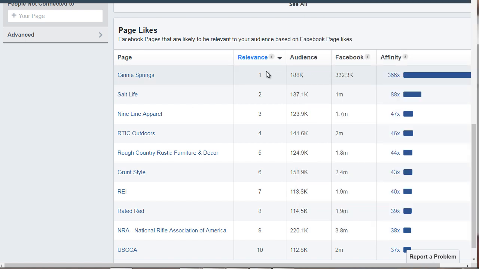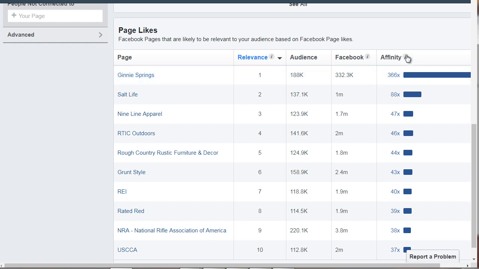Now, what you're going to see here is relevance. Relevance basically means that in relation to scuba diving, how closely are these audiences related? So obviously, the further you get away from that interest, the less related they are. The closer you are to that interest, if that makes sense.